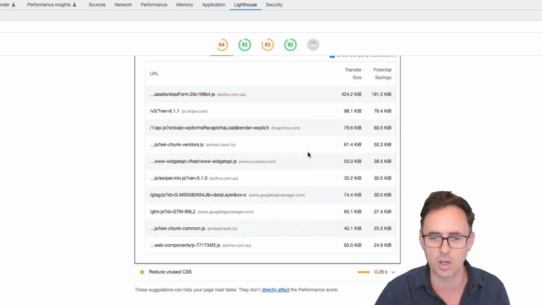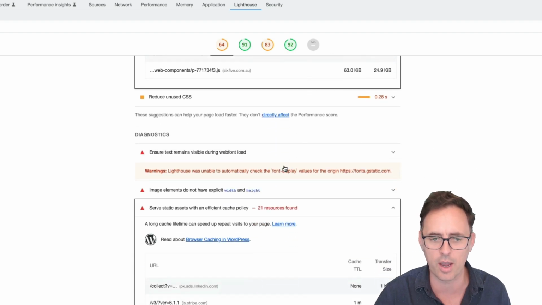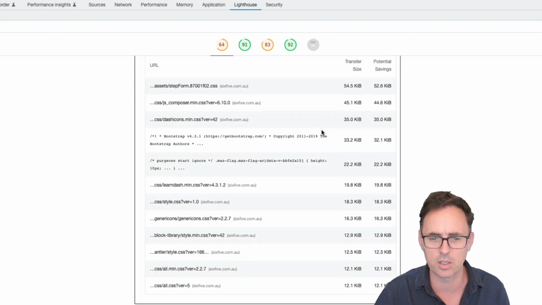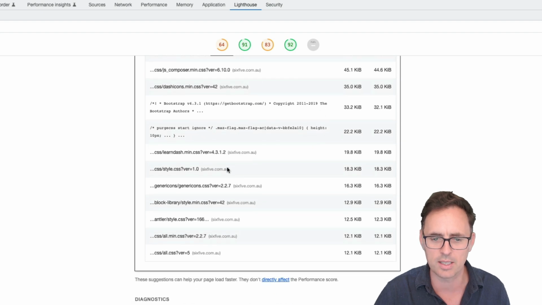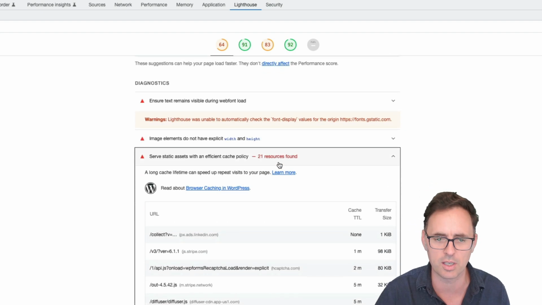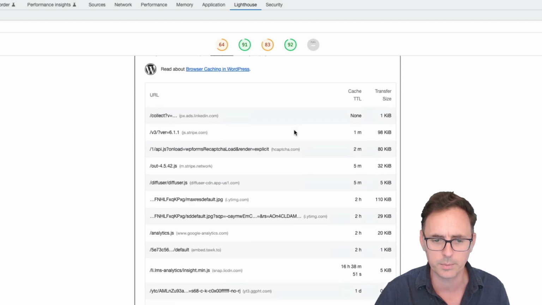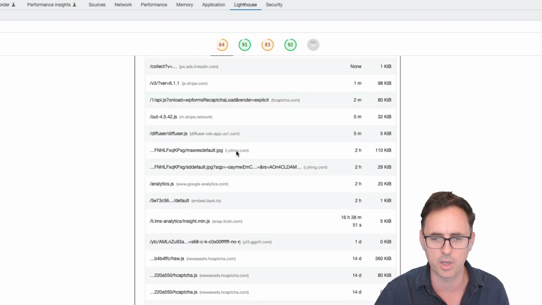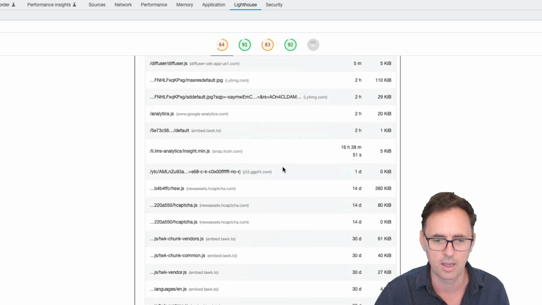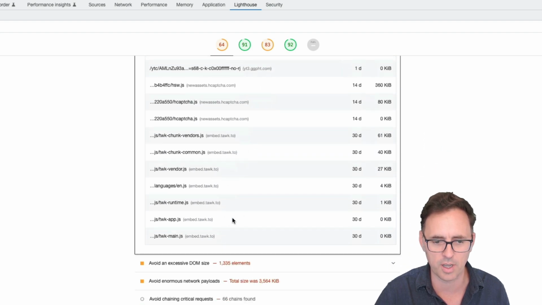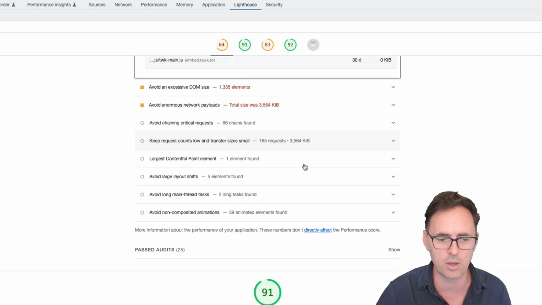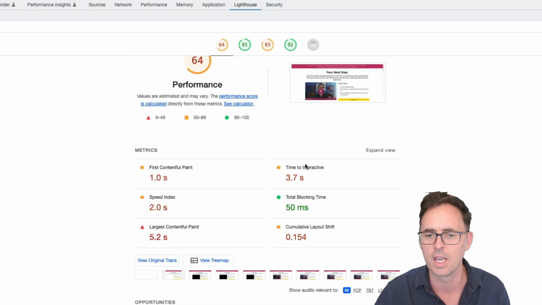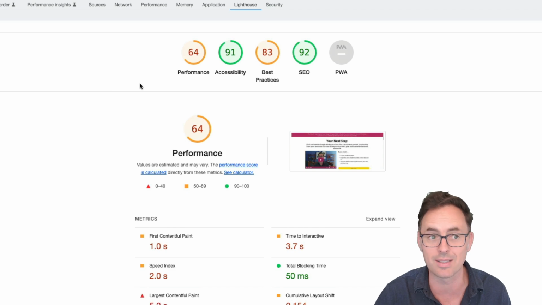Let's have a look at some unused JavaScript. What have we got in here? None of those are related, so we can ignore that for a minute. Unused CSS. Have we got any YouTube related stuff in here? Probably not. There's some inline CSS, but everything else is coming from our site. What else have we got? LinkedIn, Stripe, hCaptcha, Stripe, and there we go, now I've got a YouTube image. 110K there, another YouTube one there, LinkedIn CDN, hCaptcha, and Tawk.to, that's the live chat thing. So there's a few things causing a bit of strife in terms of our performance and best practices score.